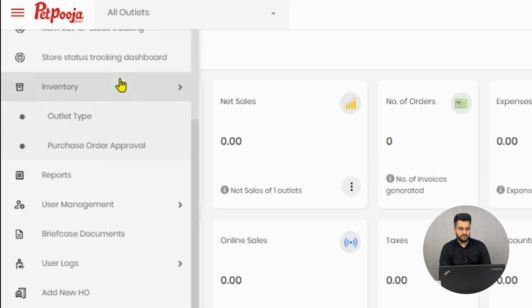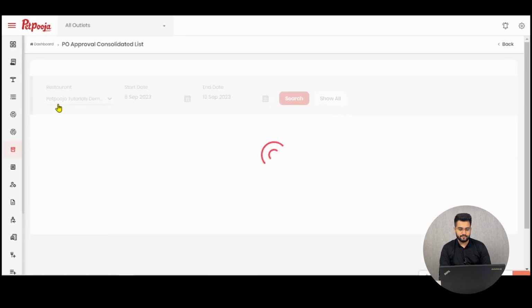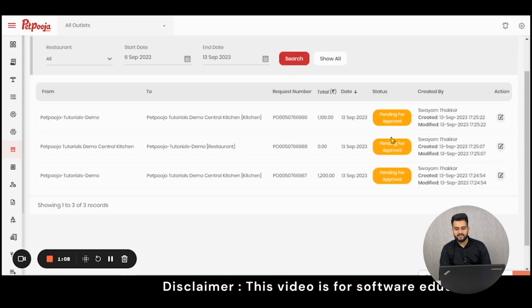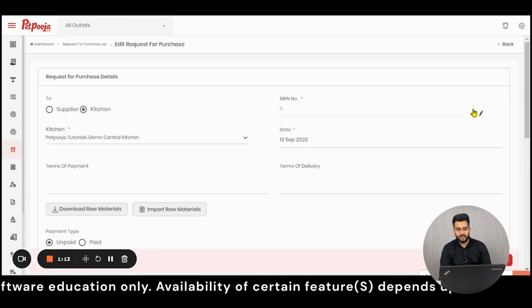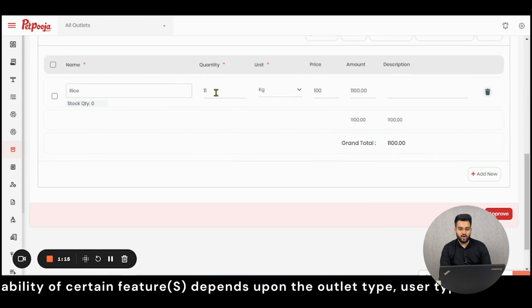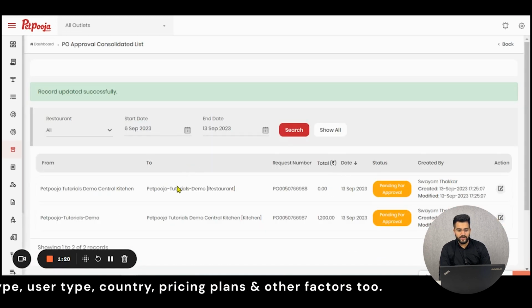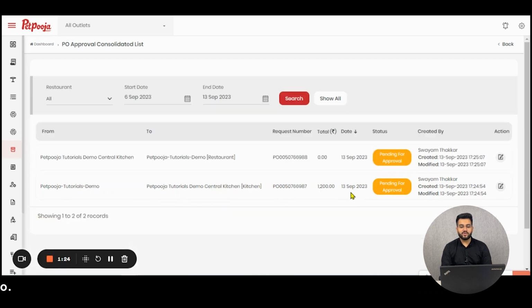Here the section of inventory will be visible, and inside inventory, purchase order approval will be visible. All the purchase orders for a particular restaurant or all of the restaurants are visible here in such a format. You can click on edit and approve the purchase order or make necessary changes as per your liking. Once approved, it will disappear from this area and the purchase order will be converted to saved status in the